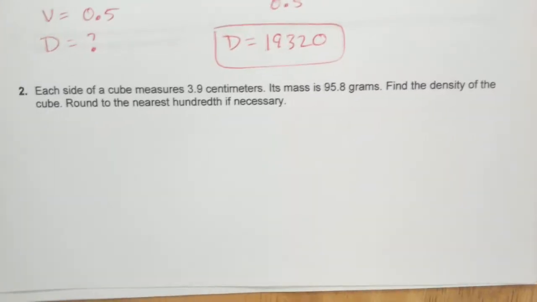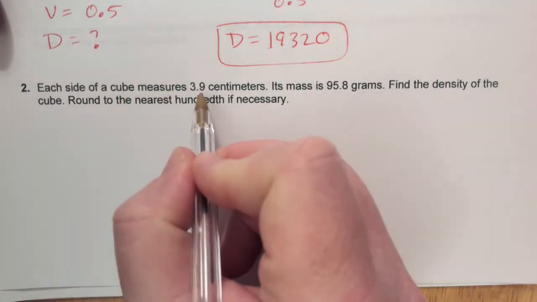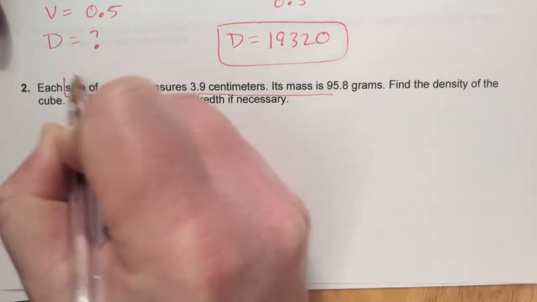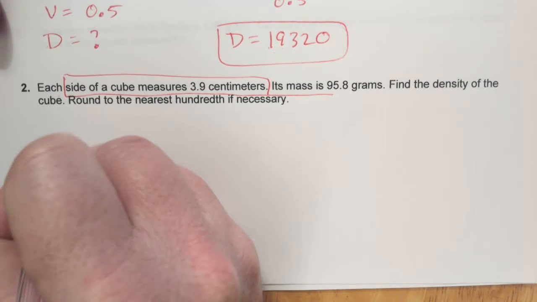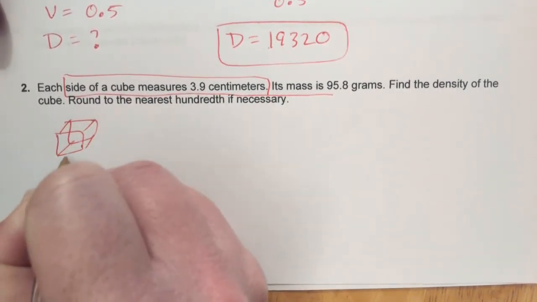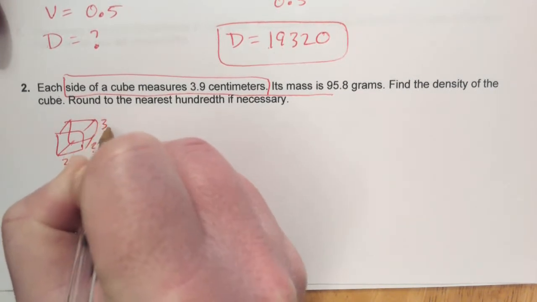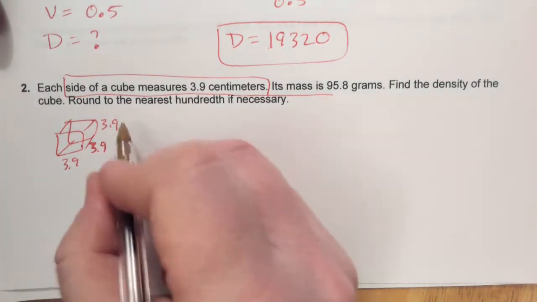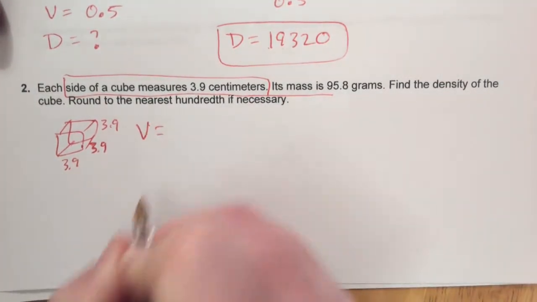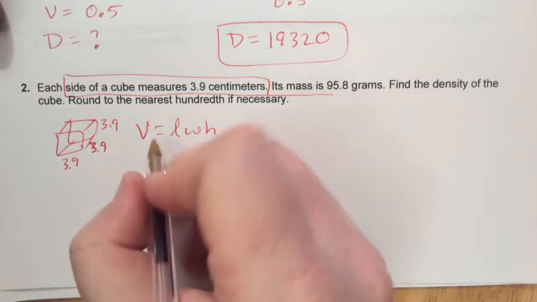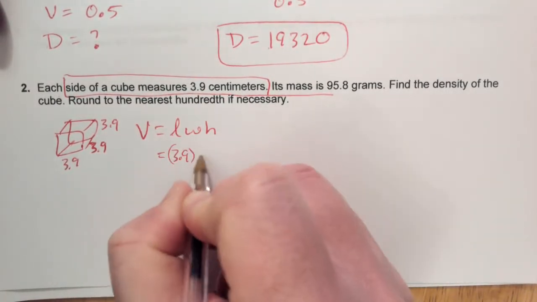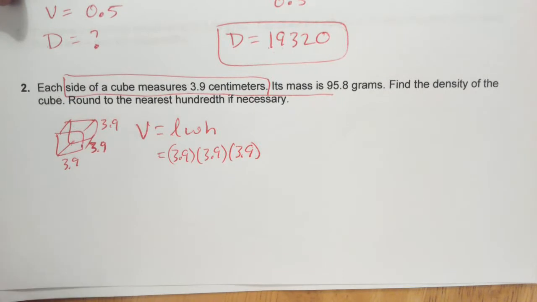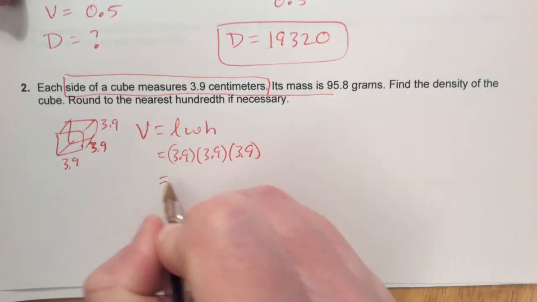Let's just keep going. All right, so number 2, each side of a cube is this number right here. So a cube, 3.9 by 3.9 by 3.9. So all of them are 3.9. Okay, so what does that give us? That gives us the volume, right? So length times width times height. So that'd be 3.9 times 3.9 times 3.9. You put that in the calculator, you get